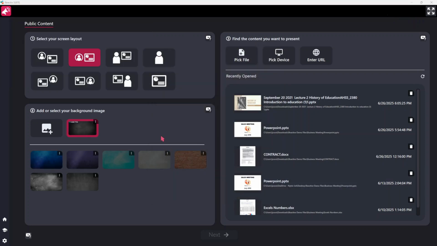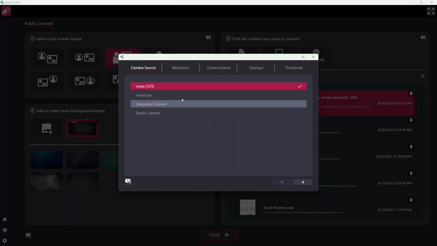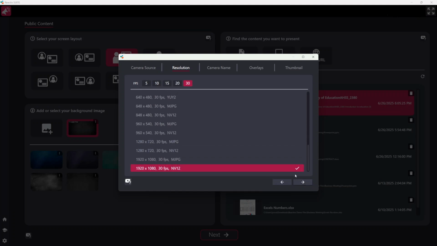Okay, so now that we have our custom background uploaded, we can select our background, our screen layout, and then also our content, and go ahead and configure our camera. So we're going to select our integrated camera, select our resolution,